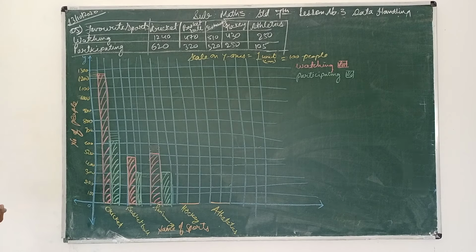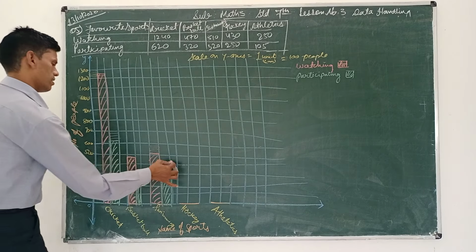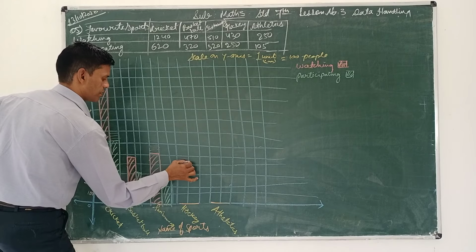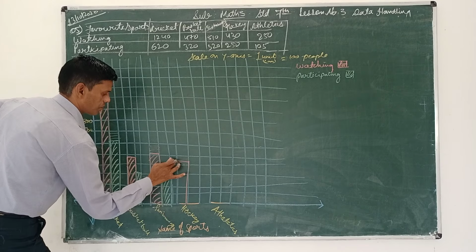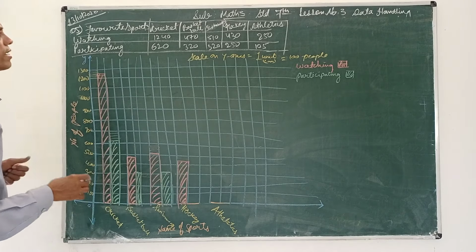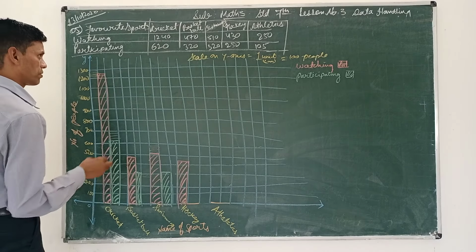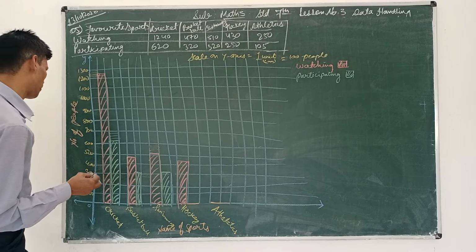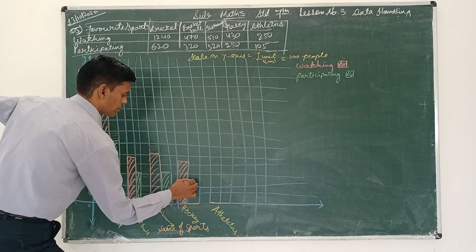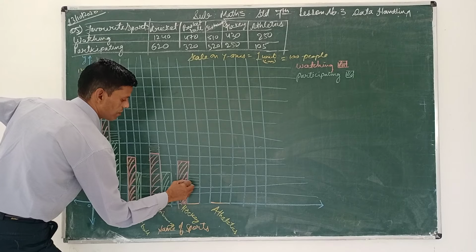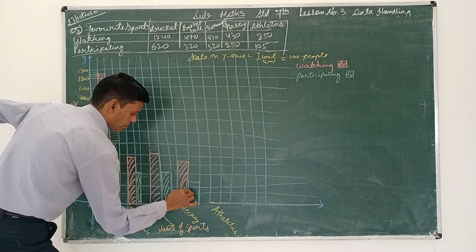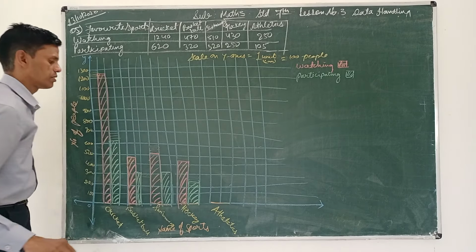Okay. Next one is hockey. 430 there. 400, 420, 440. It will be here like this. So okay, we have to mark here 430. Next one is 250, sorry, participating hockey people. 250 people are participating. Here 220, 240, 260, 280. It will be between these 240 and 260. Okay, be careful while plotting this type of graph. And yeah, this is hockey.